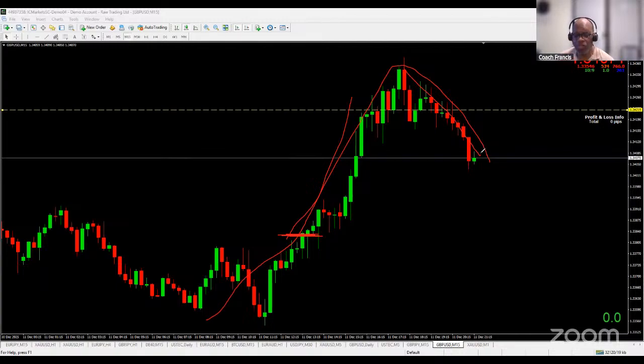Now, just to round up, you might be wondering, what do you need to start trading? Well, good question. All you need is your computer like this, your PC, your laptop, or even your smartphone, your mobile phone, your cell phone. And as long as you have an internet connection, you can trade from anywhere in the world, really. Literally, you can trade from the supermarket, the beach, a restaurant, wherever you are, on the bus, the train. As long as you have a phone or laptop and an internet connection, you can actually trade the financial market and make money.